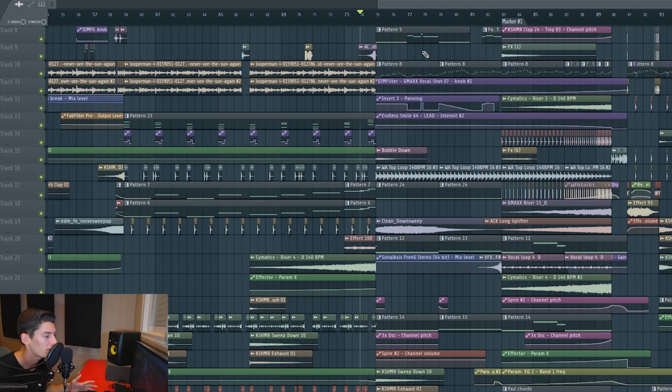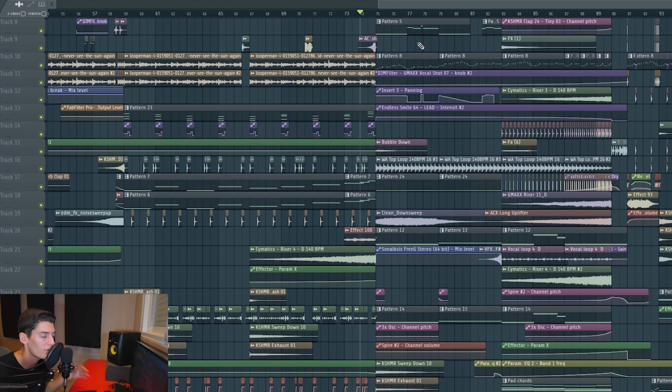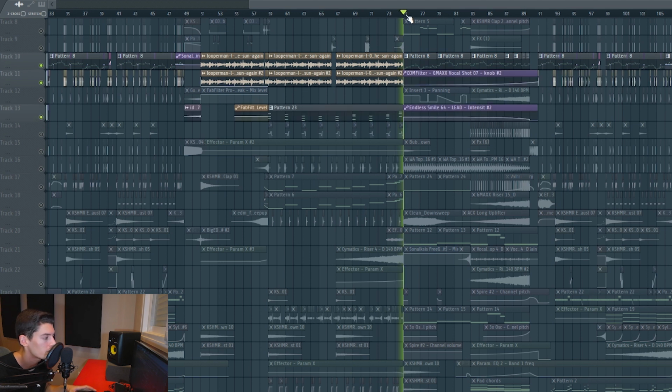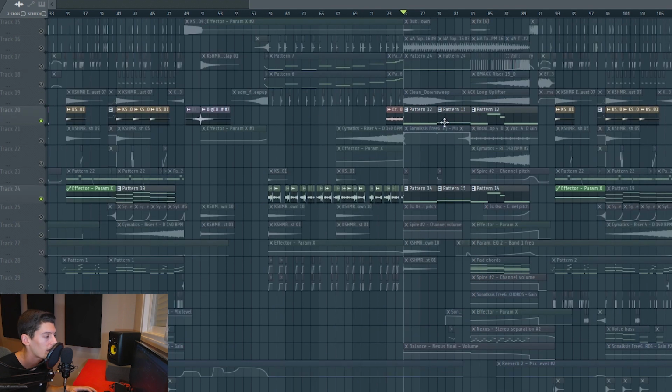we decided to add this little bridge to give a lot of tension to the song. In my opinion, it works really well and gives a lot of emotion and tension and power to the song. And what do we have here? We have first the leads with the filter, as you can hear, and a lot of reverb. So I start filtering out from here. Then here we have the bass line, used in the build-up,